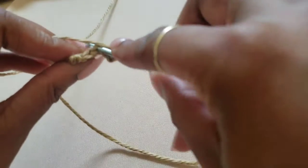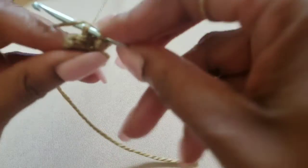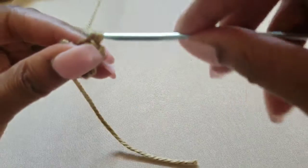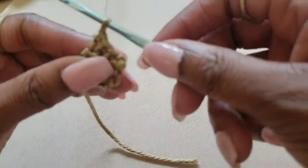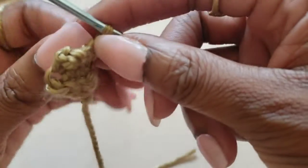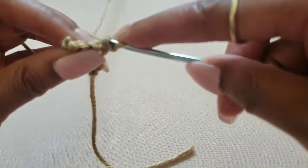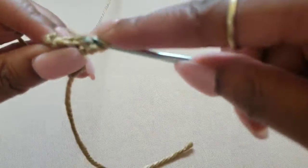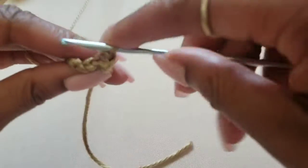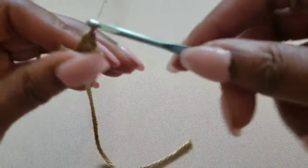1, 2, 3, and 4. Chain 1, turn your work, and 4 more back loop only single crochets. 1, 2, 3,